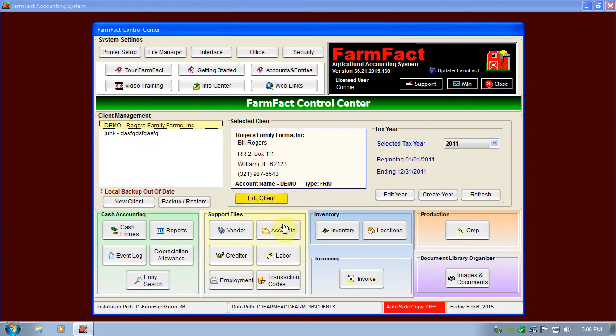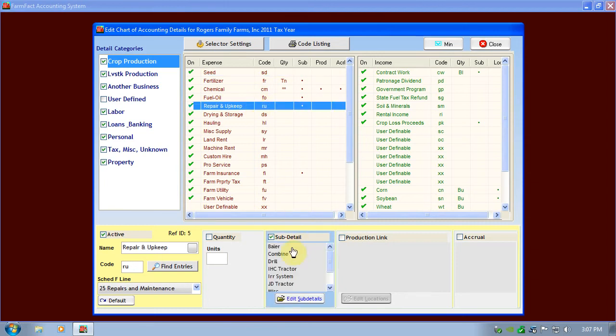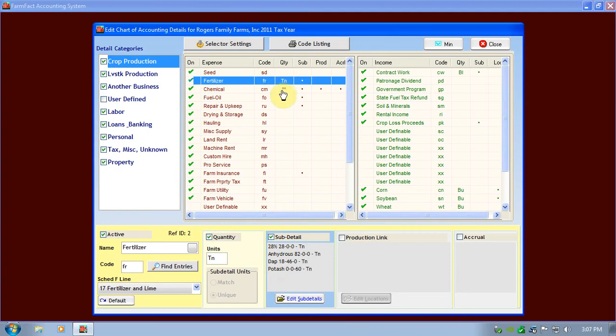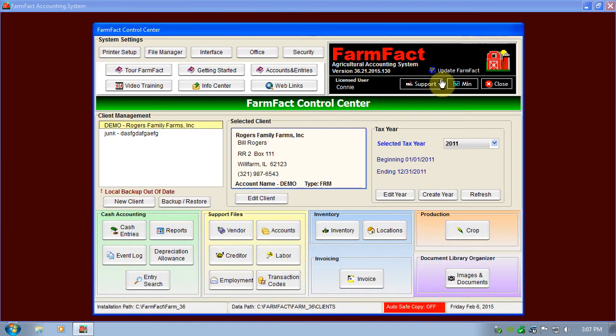In Demo Rogers Family Farm, we have several examples of some of the things you can do with your chart of accounts, and therefore you'll see the different questions that FarmFact will ask you when you make an entry. Under seed, we haven't added any sub-details, but under repair and upkeep, I've added one sub-list. Under fertilizer, I've got a sub-list and quantified it. And under chemical, we've activated all the questions. So with that little bit of background, let's go ahead and make an entry, and we'll show you what some